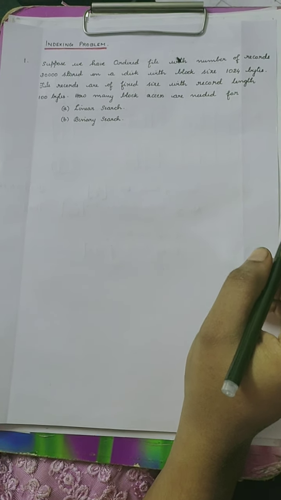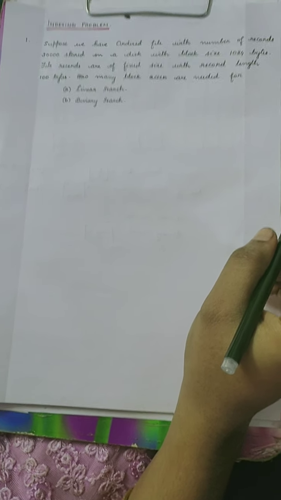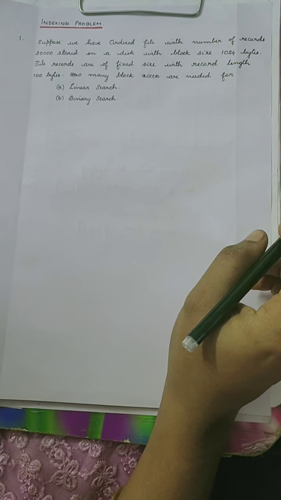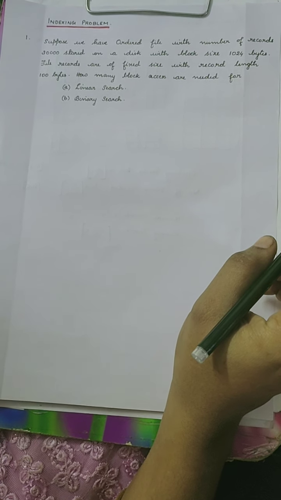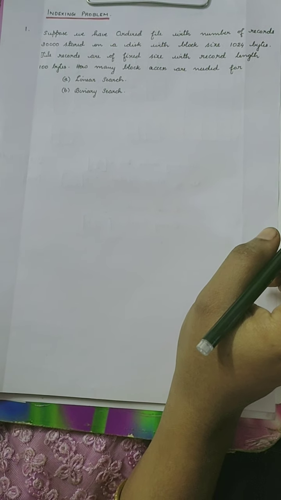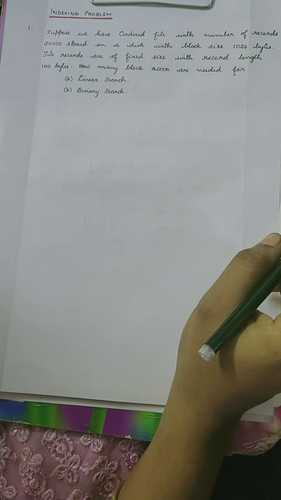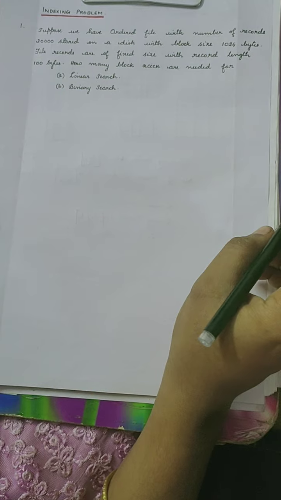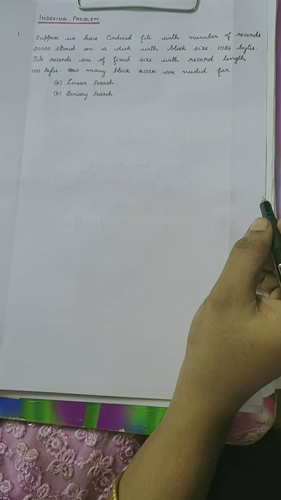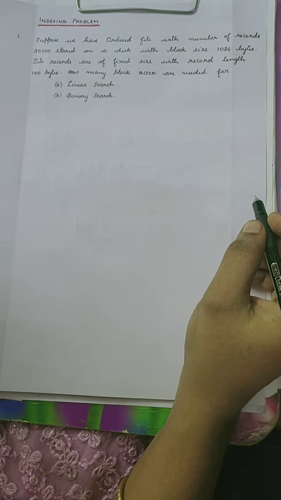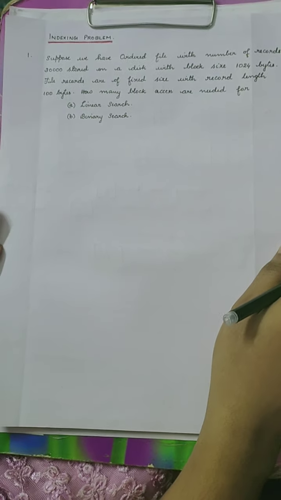Now we have to find the blocking factor. Blocking factor means the total number of records which can be stored in a block. It is represented using BFR, and the equation to find it is capital B divided by capital R. Then the total number of blocks required is found using the total number of records, small r, divided by the blocking factor. Now we can solve this problem with all those equations.